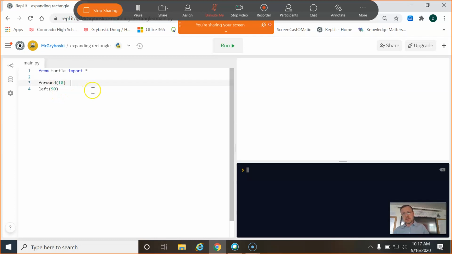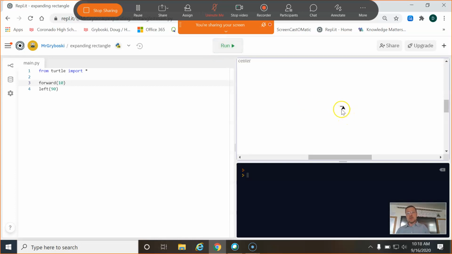Now what is the Turtle? It's used for drawing on the screen. It's just very primitive, just very elementary. But it's a good way for us to learn some new commands, and we're going to learn some new concepts like the for loop in the next lesson. Alright, so I'm going to go ahead and just type in a command, forward 10 units, and then turn left 90 degrees. So if I hit run,